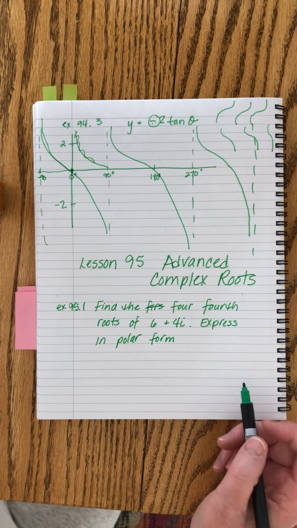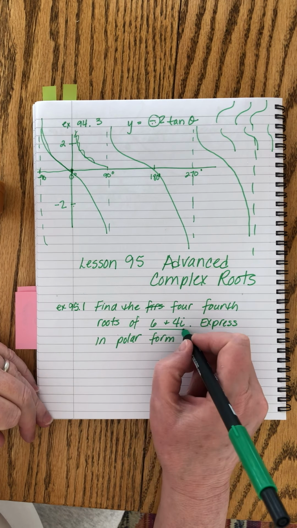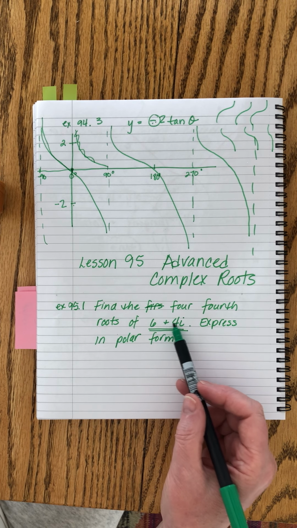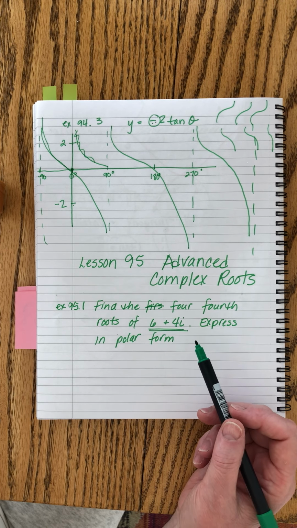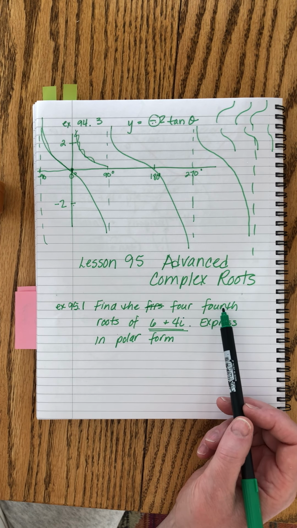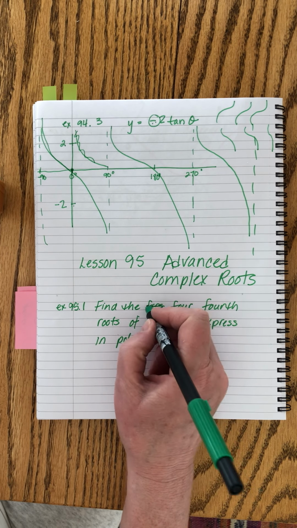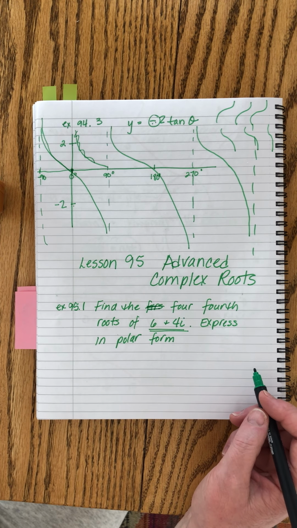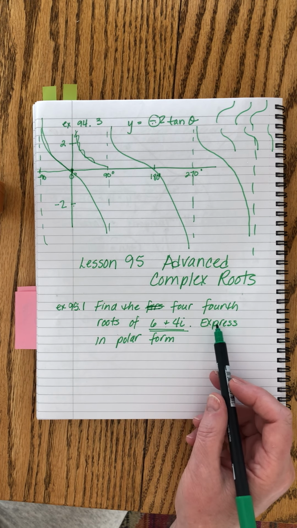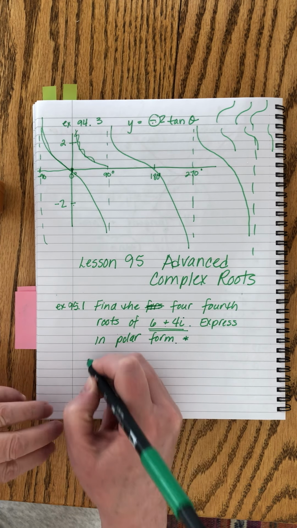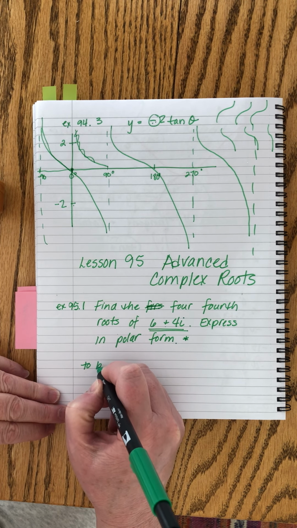Okay, here is a number. It is a complex number. It has a plus bi form, right? So we know it's a complex number. We're supposed to find the 4 fourth roots of this number, okay? So there are 4 different numbers that when multiplied together will give us this, and we're supposed to express it in polar form. Now this is a nice hint, because we know that to find,